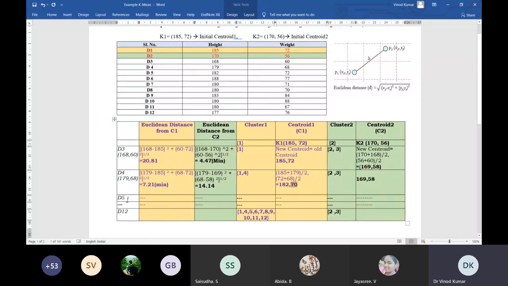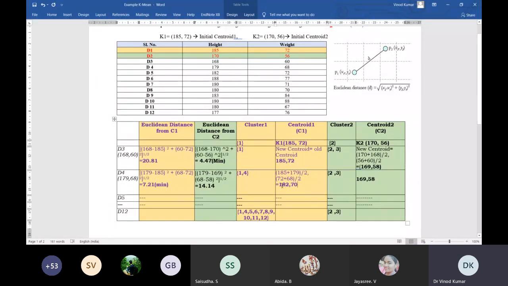For D5, when I do the assignment to the cluster, I will take this as the centroid for C1. For centroid 2, no further element was added, since the previous calculations only 2 and 3 are there, so this will be the same. The old centroid will be treated as the new centroid.